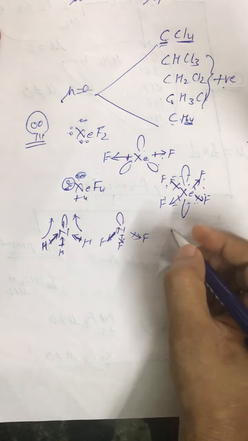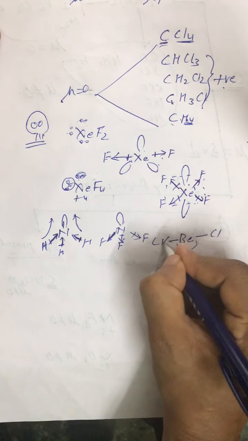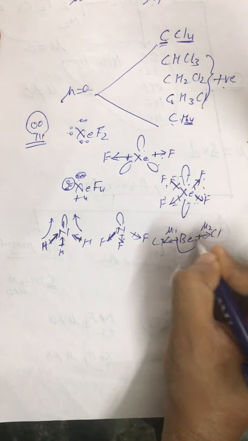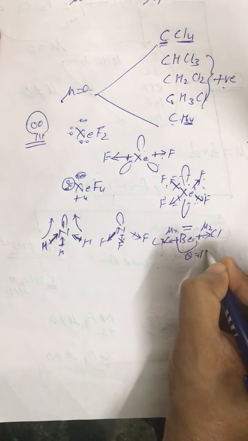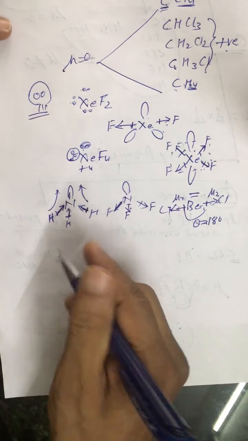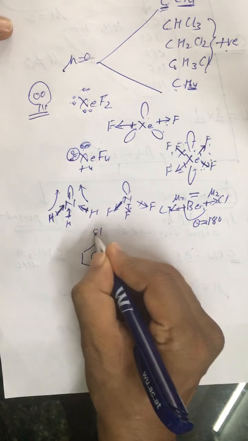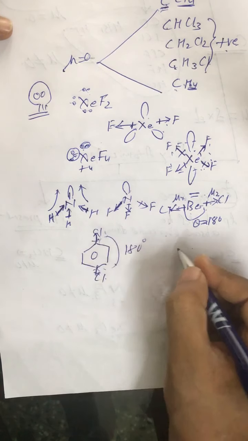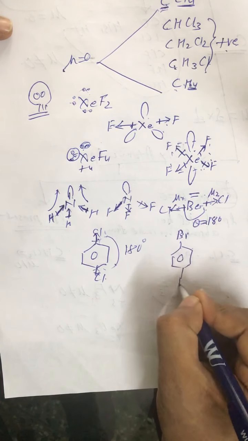See, in BeCl2, what happens, this is 180 angle and mu1 is equal to mu2. This is mu1 for this bond and this is mu2 for this bond. If mu1 is equal to mu2 and if theta is 180, we can say dipole moment is cancelled. This is the reason that any para molecule, if we have para dichlorobenzene, mu1 is equal to mu2 and theta is 180, obviously dipole moment is cancelled. Or para dibromobenzene, dipole moment is 0.